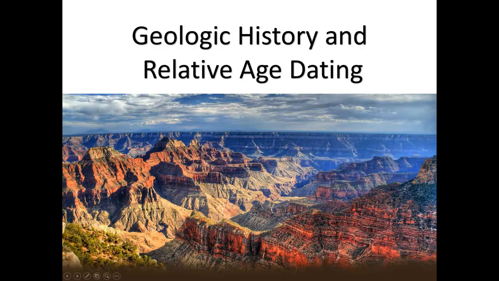This slideshow deals with the way in which geologists infer the sequence of events that have happened to produce the modern landscape. For example, here we're looking at the landscape of the Grand Canyon, and geologists looking at this and studying the rocks and the orientation of the rocks and the kind of rocks and the way in which they're related to each other are able to infer a sequence of events that must have happened to produce this present